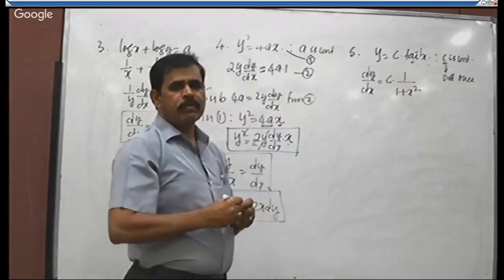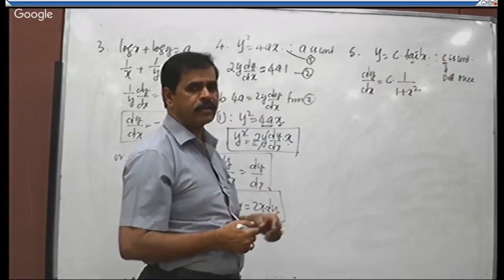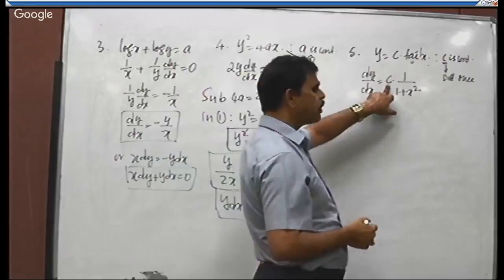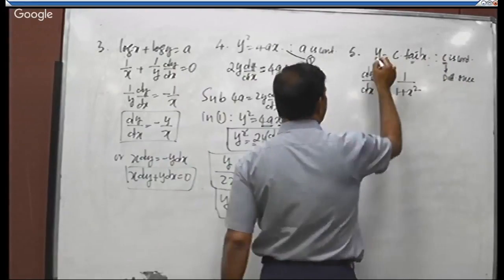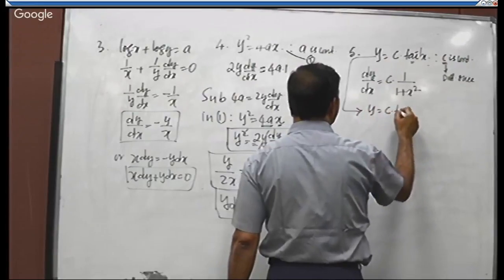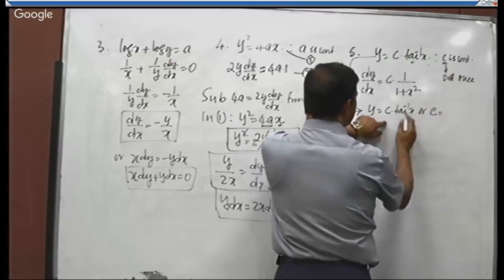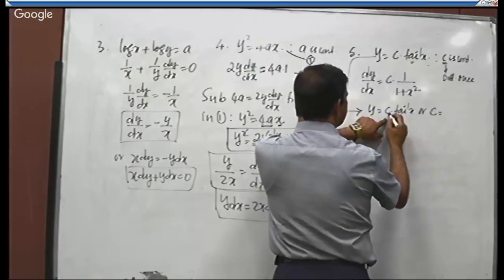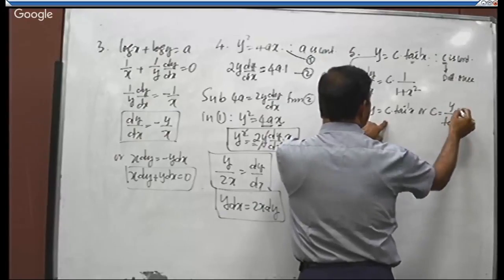See the derivative. Differentiation is over. Do you find a constant? Yes, it is still in the derivative. Then what to do? You take the function. What is the function? Y is equal to C into tan inverse x. Separate C from here. C is equal to y divided by tan inverse x. You just substitute